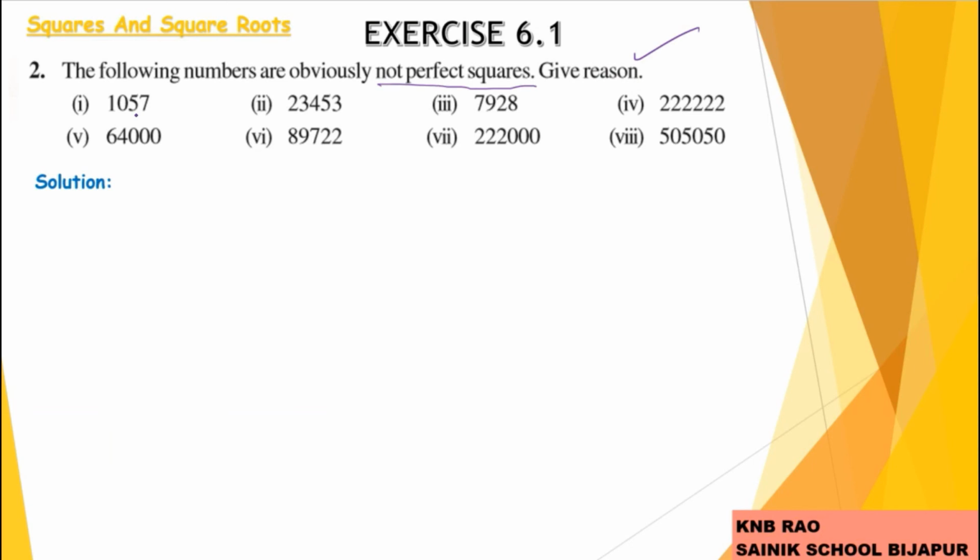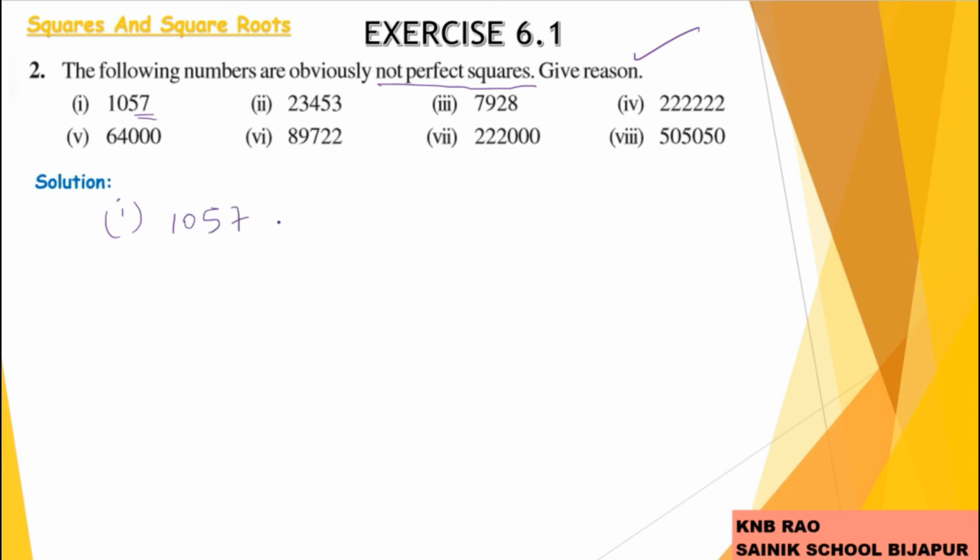Now, to say any number is not a perfect square, you have to watch its units place digit. So no perfect square ends in 2, 3, 7 or 8. So we can say, based on that,